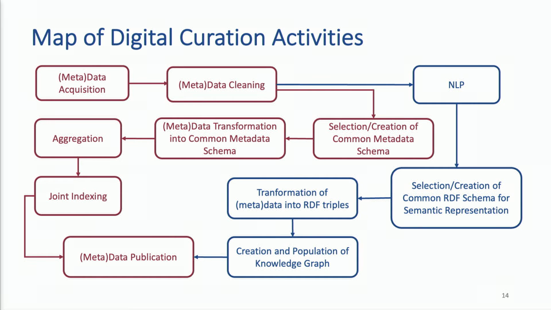The first red branch that you see here on the slide had to do with the creation, the development of a unique, uniform index that users could access and retrieve the results. So what we did after the acquisition, we had to clean and transform all this data